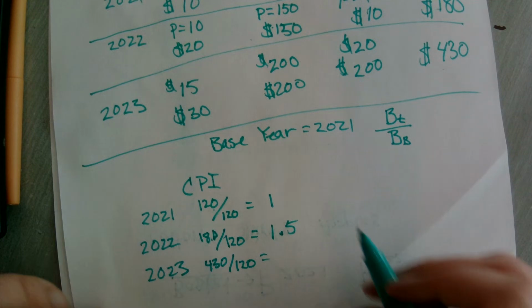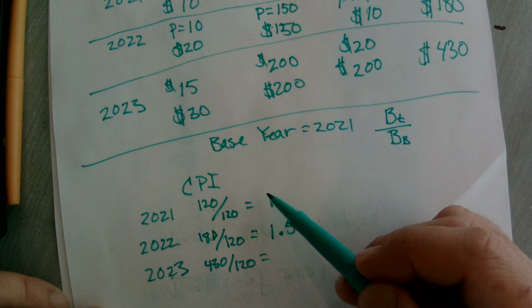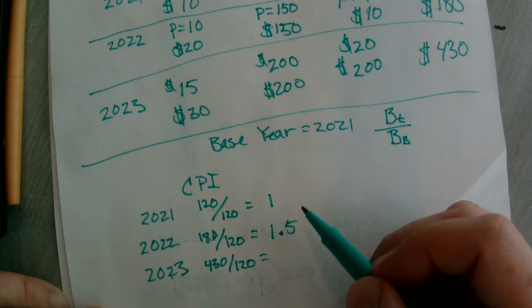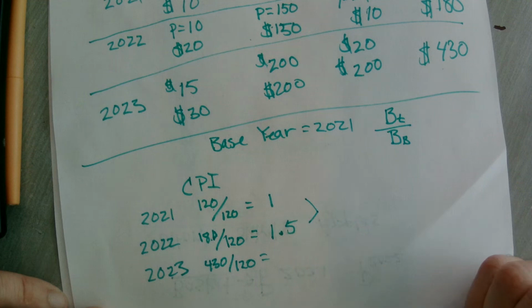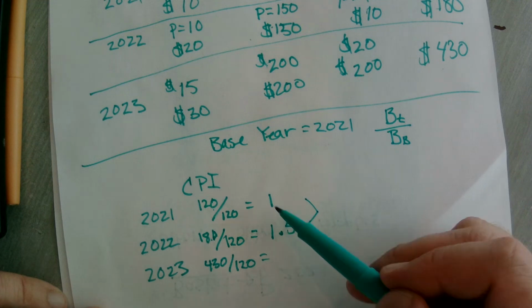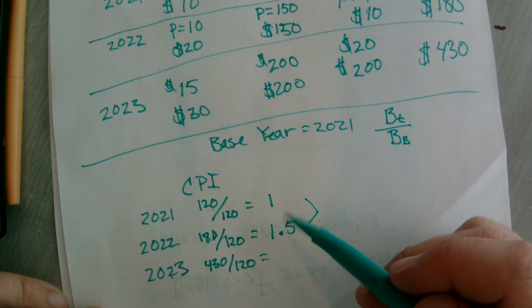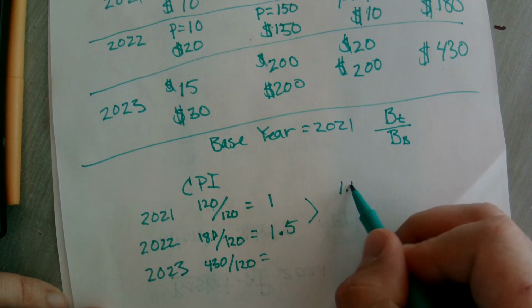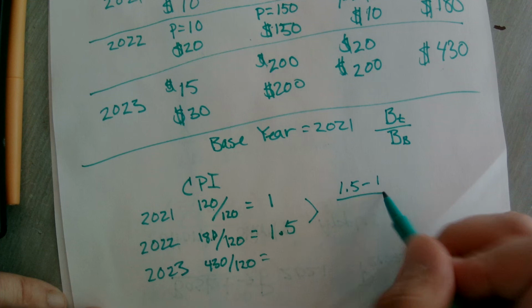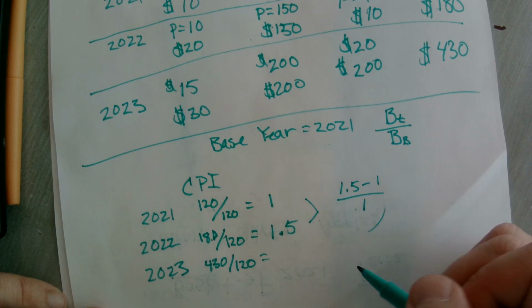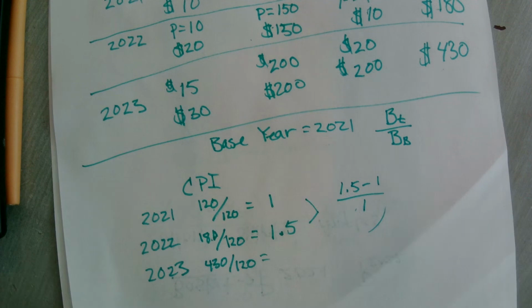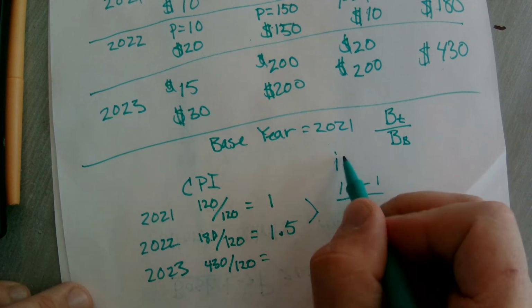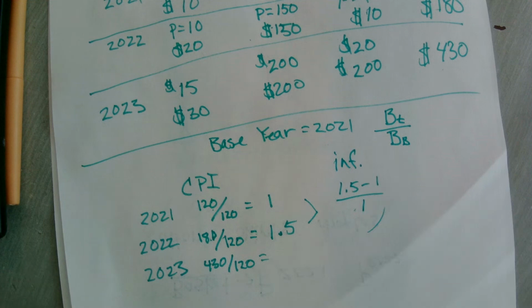And then you're going to have the CPI, or this price index. If you want to calculate inflation, then you just calculate the percentage change between these two. You can clearly see that the percentage change here is going to be 50%. Our formula is after, 1.5, minus before, over before, times 100 if you want, and you end up with 50%, okay? That's the percentage change formula. This is going to be inflation. So again, one way to calculate inflation is just to calculate the percentage change of a price index.